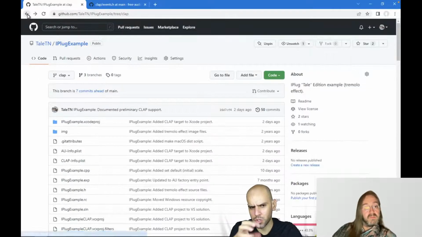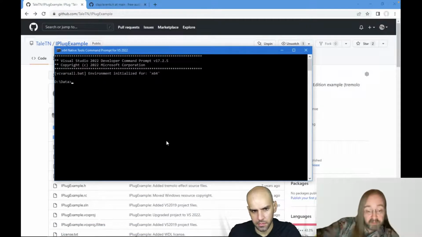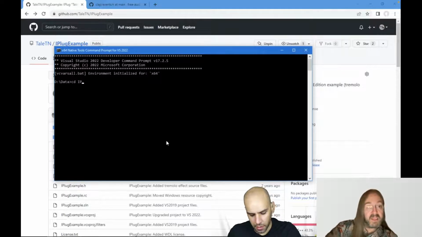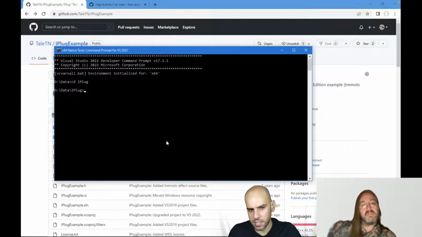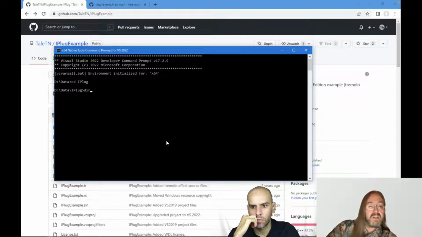Do you want to perhaps just open the plugin real quick so we can see what it looks like? I could do that. Or better even, I could build the plugin and show you that. Yeah, I was also interested in asking you about the build system, because you said that, first of all, you don't use IDEs, and I would like to see what your development environment looks like. Sure. So I'm running a standard, well, not exactly standard, I'm using the Visual Studio command prompt in Windows here.